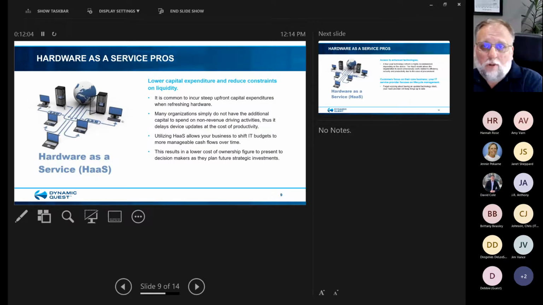Key component, lower capital expenditure. So without question, not having to come up with all of that cost up front to replace. When you talk about some of these devices, the average workstation could run anywhere from $800 to $1,200 or more, depending on how it has to be configured. The average laptop will probably run you $1,000 or more. When you do any amount of refresh and you've got a decent sized office, it's easy to get into some big money when you start talking about having to refresh a number of workstations.